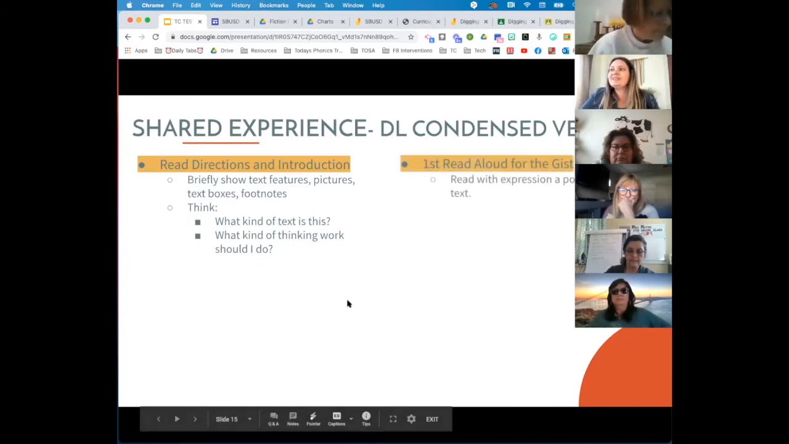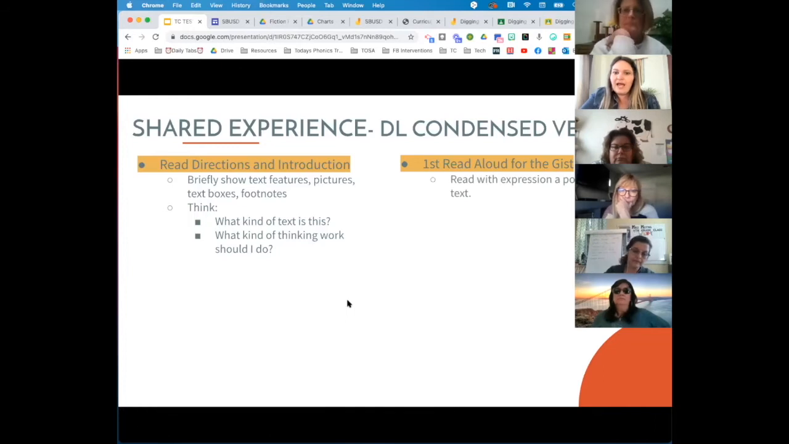Then this is where I would really cut back, is in that first read aloud. I do think that it's important for the kids to have that first read aloud. And again, you're not reading through the whole text, you're just reading through a portion of it. But I would go ahead and teach them to read aloud. I probably would maybe stay away a little bit from the skimming,